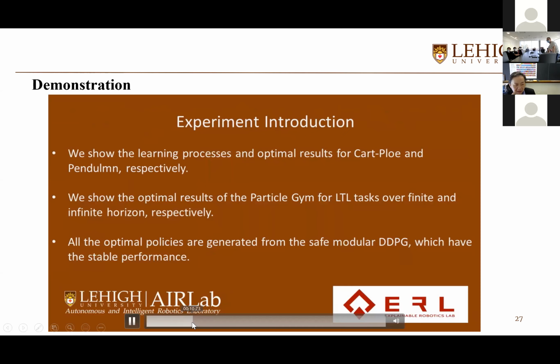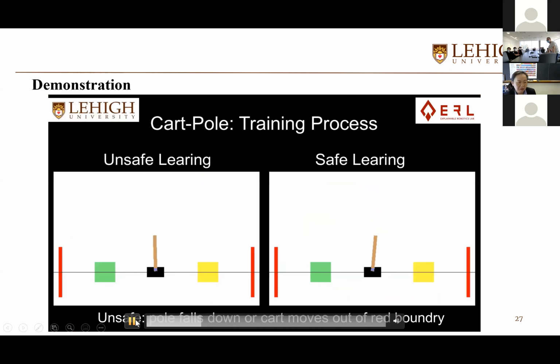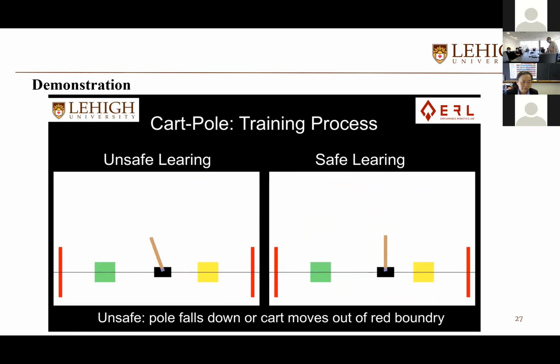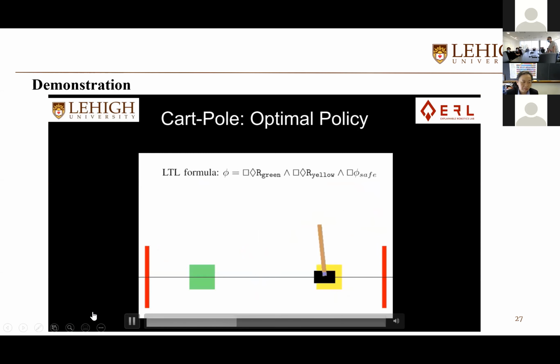Yeah, we can. Oh, sorry. We can see here the red, the left represents the unsafe learning process, and the right represents the safe learning process with the CBF. And here is the optimal policy, like the car will visit